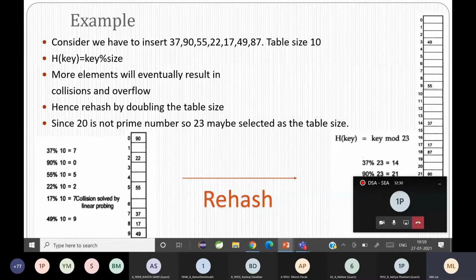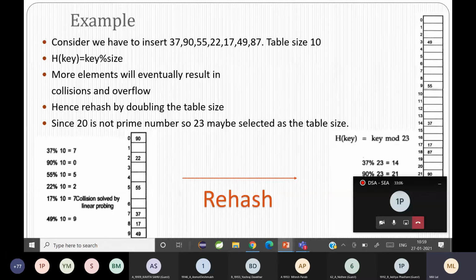So if more values are given, what happens? What will happen? अभी कितना values दिया है? 7 values दिया है, right? Collision, overflow. तो अभी 7 values दिया, और जब 7 values already भरा है, it's almost the bucket is almost full. And if you get more values, what happens? There is a tendency for the bucket to become over. You can say there might be an overflow happening in this case.